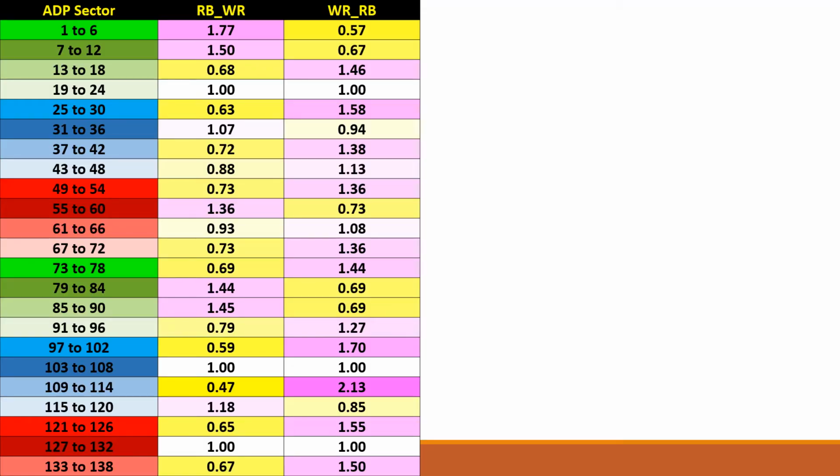If you look at ratios, and we've done that, here are the ratios of running backs to wide receivers. Anything above 1 is favoring the RB, right? And then the wide receiver to RB ratio, anything above 1 favors the wide receiver. So each one is the opposite, right? So you can see here,